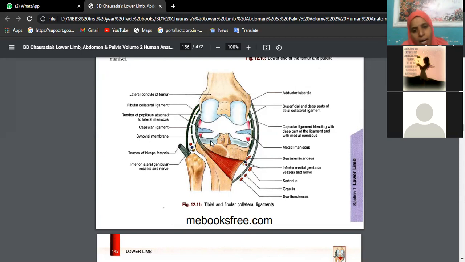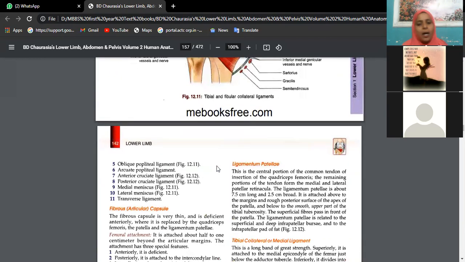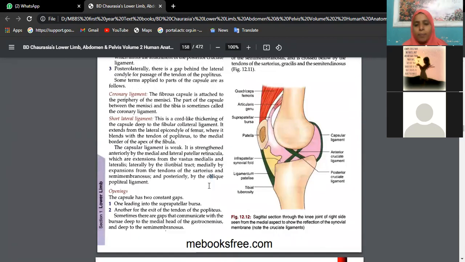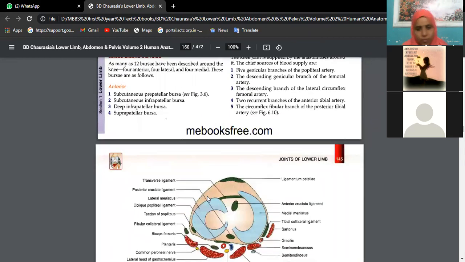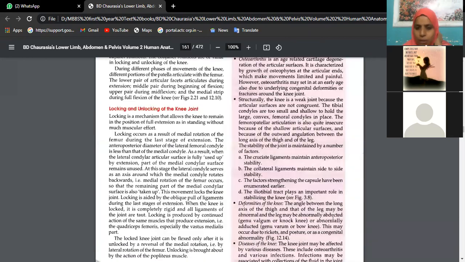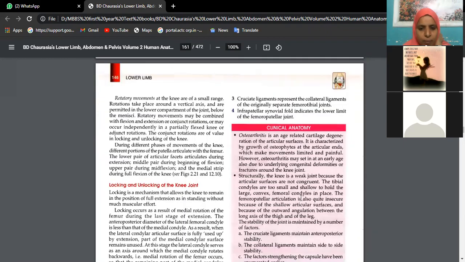and the bones come closer, and the joint space is also reduced, and the bones come and rub against each other. And we have sensitive sensory nerves here, which will be rubbing against each other when the person tries to walk, which causes severe pain. That condition is nothing but osteoarthritis. Of course, we have knee joint replacement surgeries, which help us overcome the consequences of aging, healthy aging. So you write about osteoarthritis better.